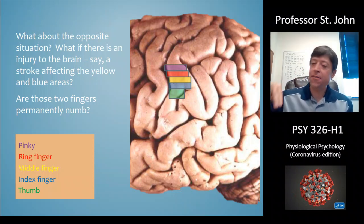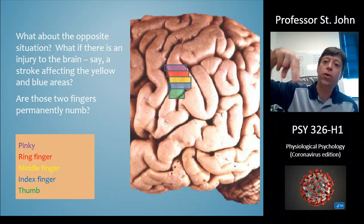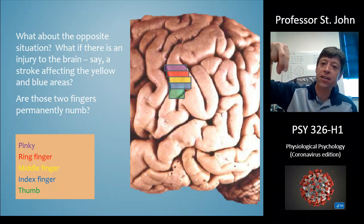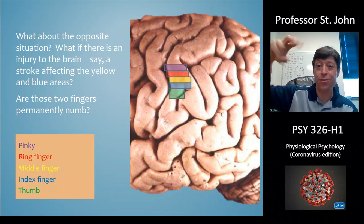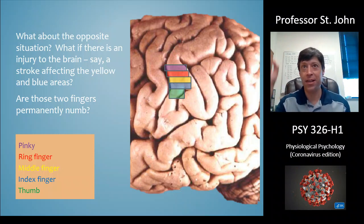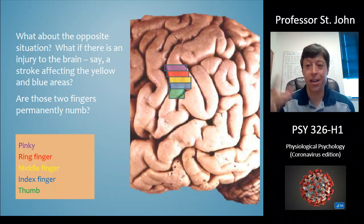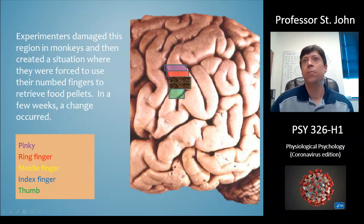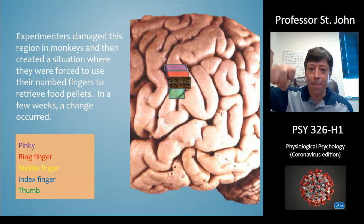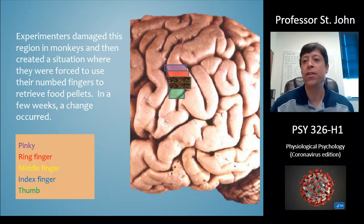And they had this task where the monkeys, in order to get food pellets, had to fish them out of a well that they had to reach down into. And so they really had to have good sensitivity to a couple of fingers. And then they created a stroke. They lesioned that part of the brain that controls those fingers, and then the monkeys couldn't get the food anymore because they just had very poor sensitivity to the fingers that were registered by that part of the brain that had been destroyed. But over time, the monkeys got better and better at fishing the food out with those fingers,